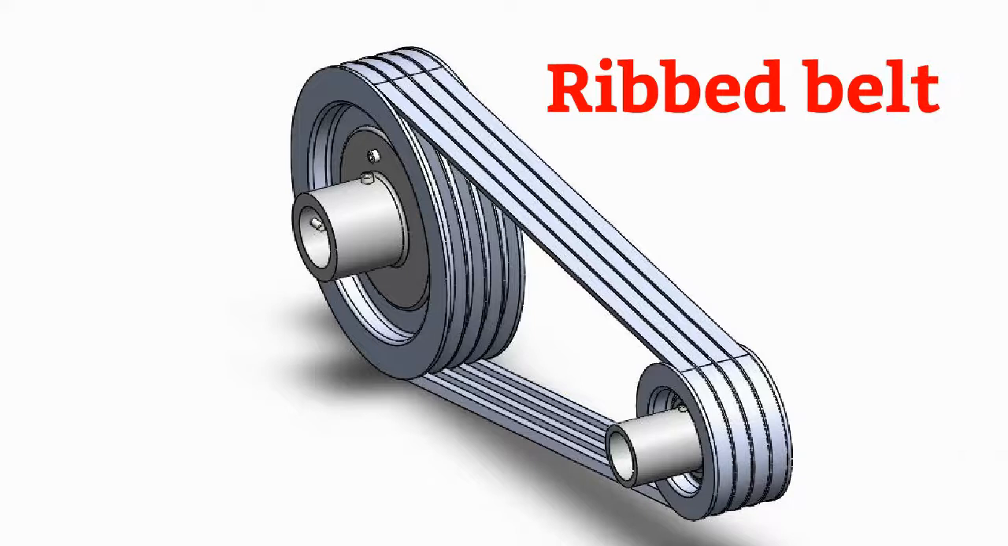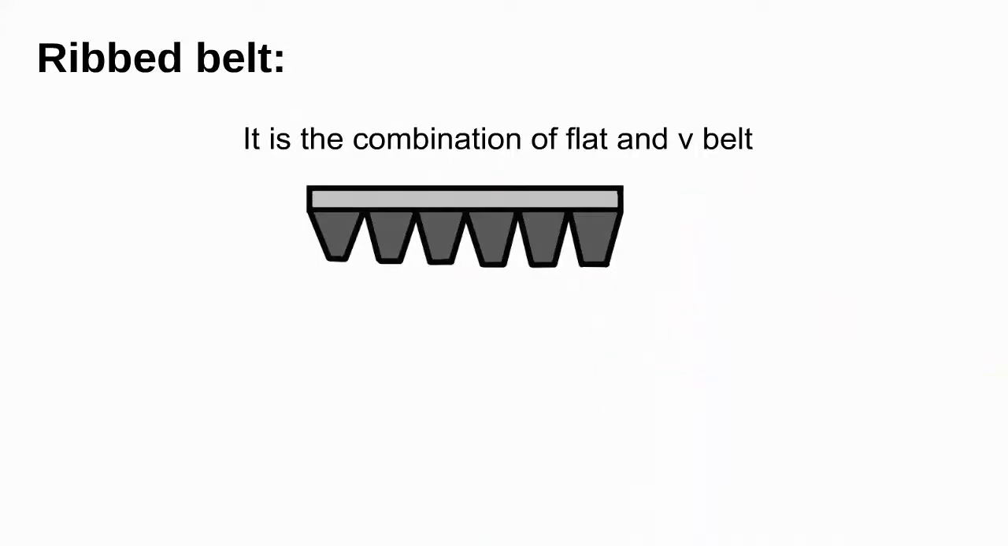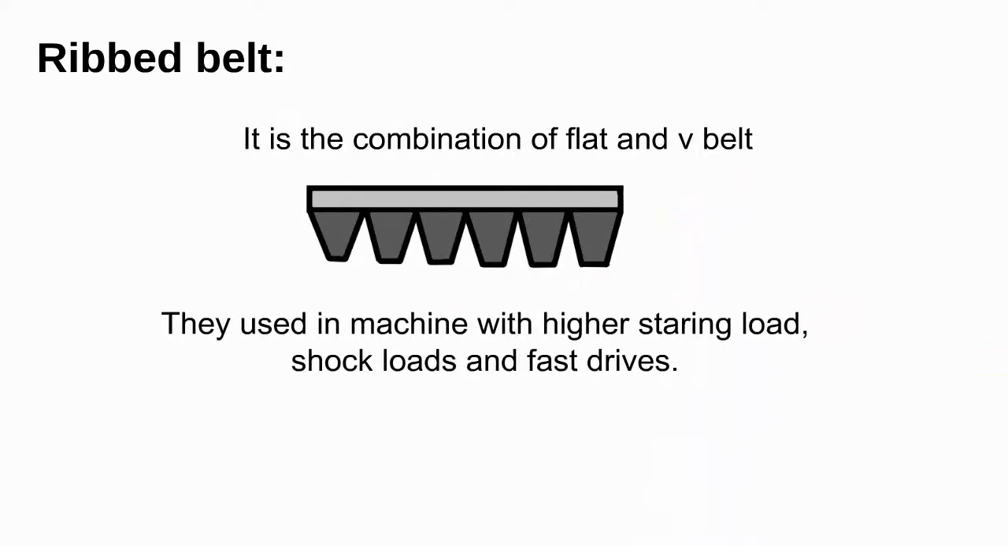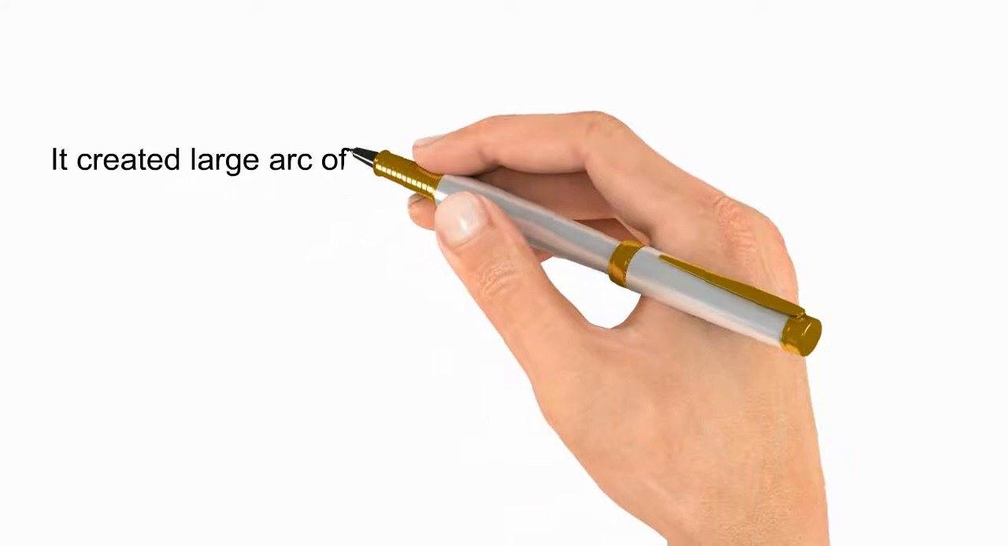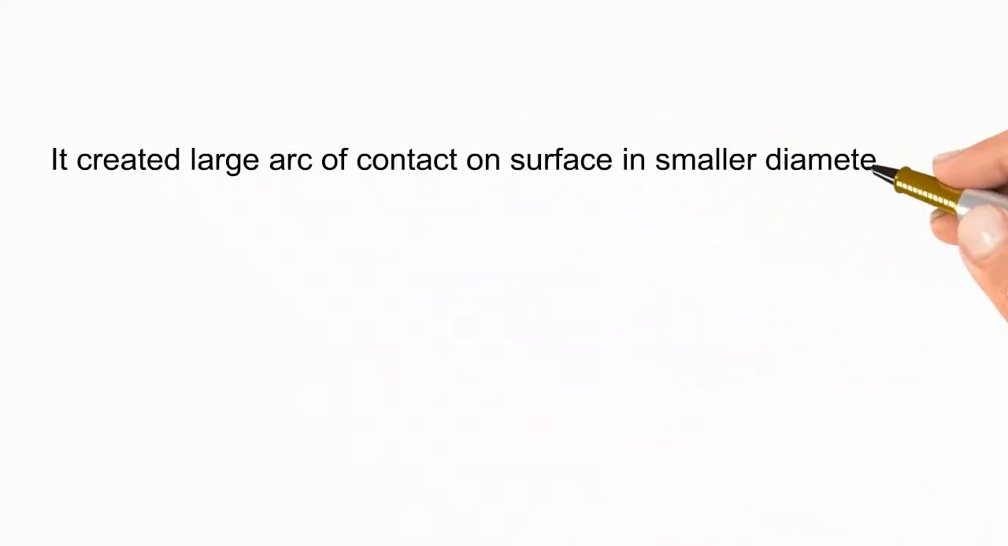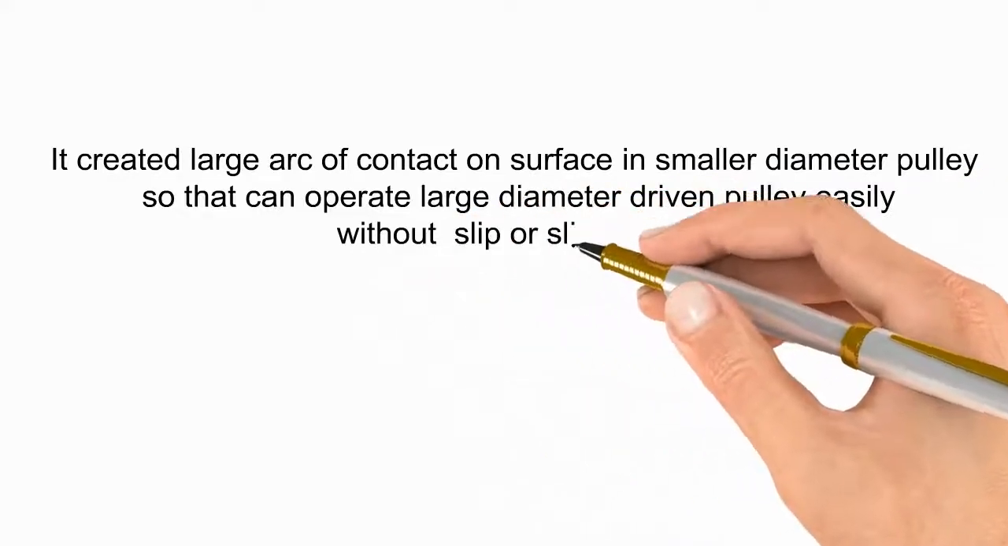Ribbed belt. The V-rib belt is a belt created using a combination of flat and V-belt. They are used in machines with higher starting load, shock loads and fast drives. It also improves tension capacity by 20% compared with others. It creates a large arc of contact on the surface of a smaller diameter pulley,